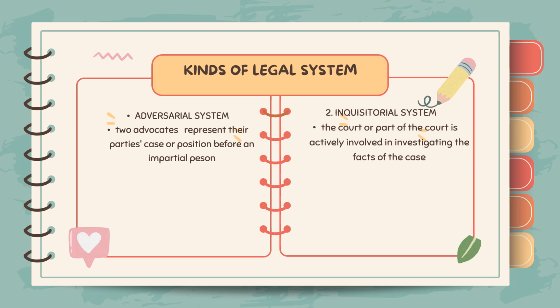So this is opposed to the adversarial system, where the role of the court is primarily that of an impartial referee between the prosecution and the defense. In the inquisitorial system, the judge has an active role in investigating the case. And we have